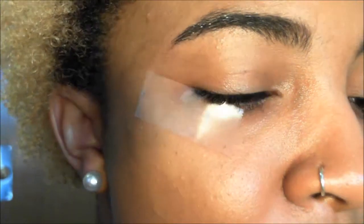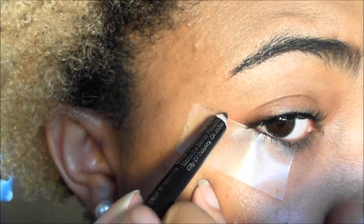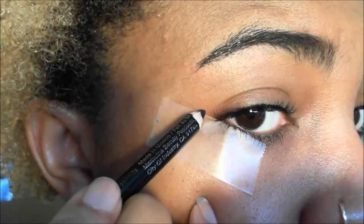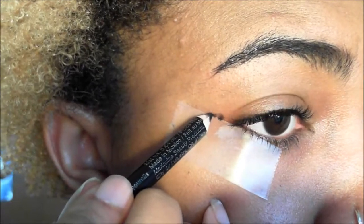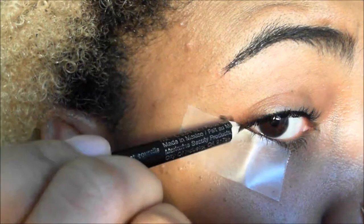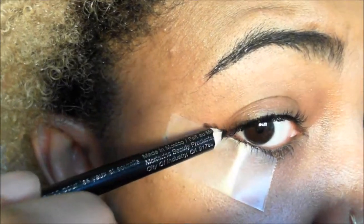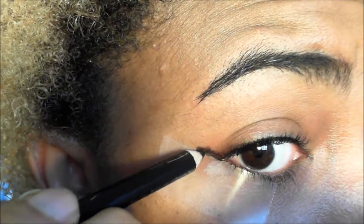Then you're going to take your pencil. And like I said, make sure that it's sharp. And then you're going to create a point where you want your liner to end. Some people want it up here, some people just want it right here. I'm going to go about here. Right there. Okay? And then what you want to do is go from the lower lash line, right here, where the lower lash line and the upper lash line meet, and extend it up to that point that you created